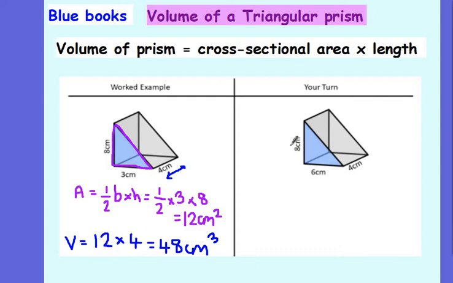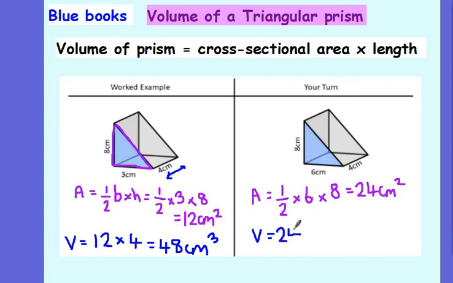Right, let's go through it. This time the cross-sectional area is equal to half the base, which is 6, and the height, which is 8. 6 eighths of 48 divided by 2 gives me 24. To work out the volume, I then need to multiply that by the length. 24 multiplied by